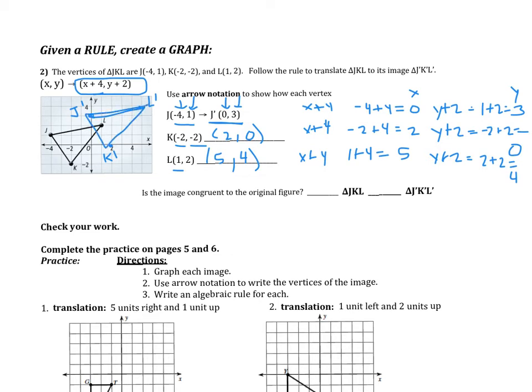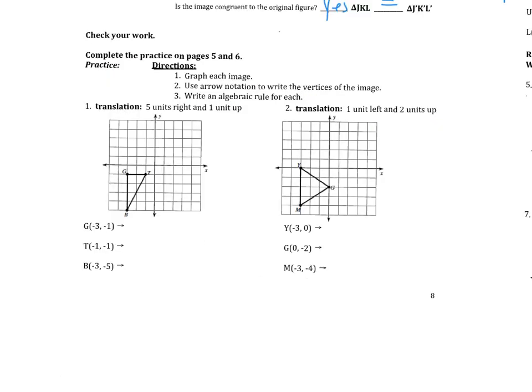And we've created our congruent figure to the original pre-image. Once that is done, we can say that the image is congruent and that we can use the symbol of triangle JKL is congruent to triangle J prime, K prime, L prime. In the next two translation problems, you're going to see that they're telling you how far to translate your